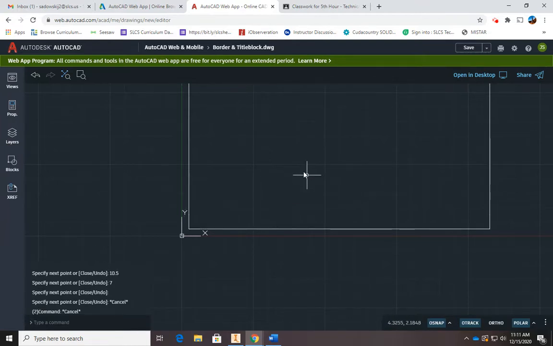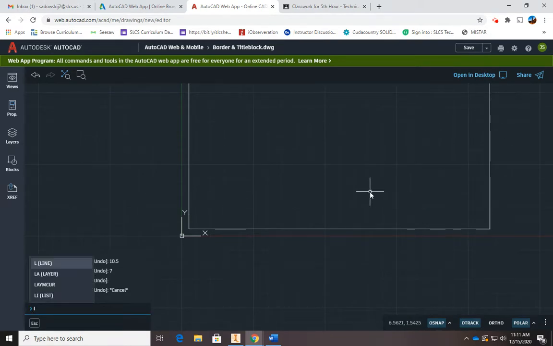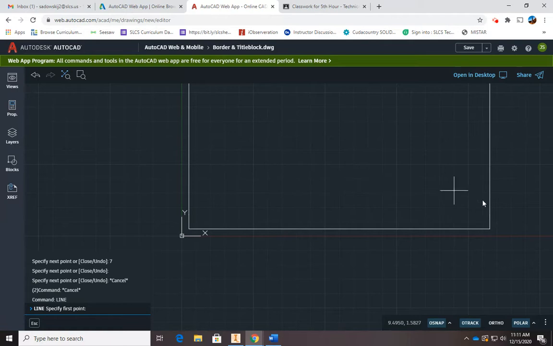All right. Now we need to draw the top of the title block. And we're going to use those object snaps that I just talked about because even though it looks like a straight line, it's not. It's two segments. So I'm going to hit L and enter so I can get into my line command. And I'm going to go find. Right there is my endpoint. Now, the one you don't want to find,